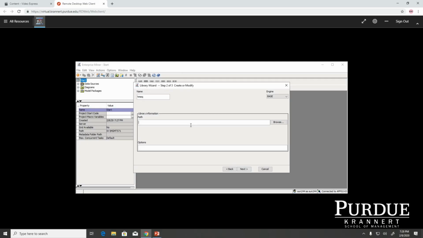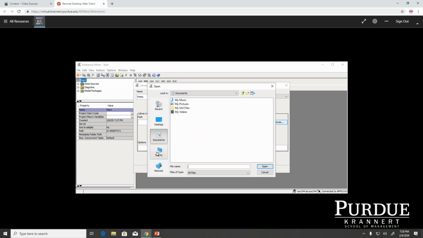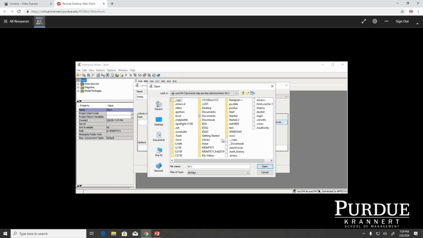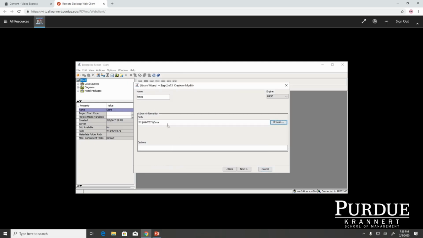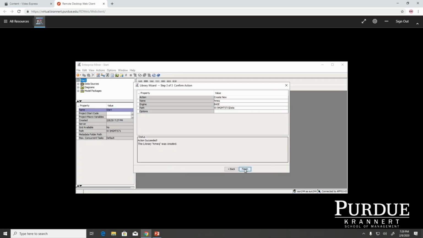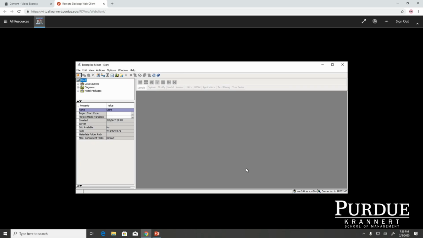Here, the path of the library should be the folder where you store the data set. In my case, that's in the W folder, MGMT 571 and data. So that's the path of the library. Then click Next, make sure the path and the name are correct, and then Finish.